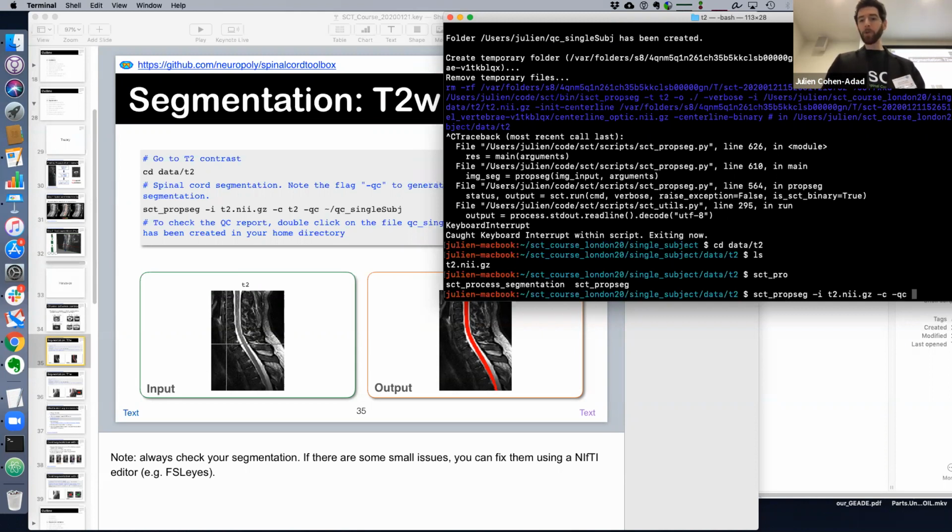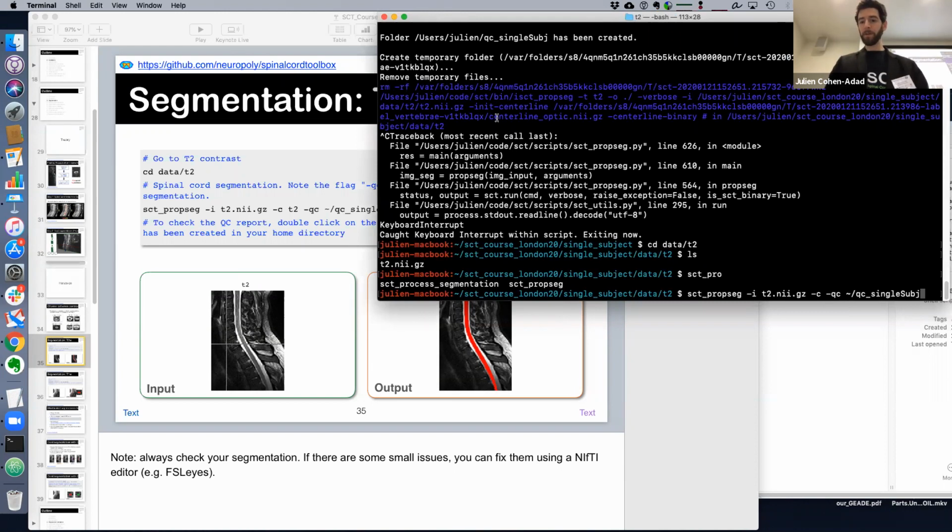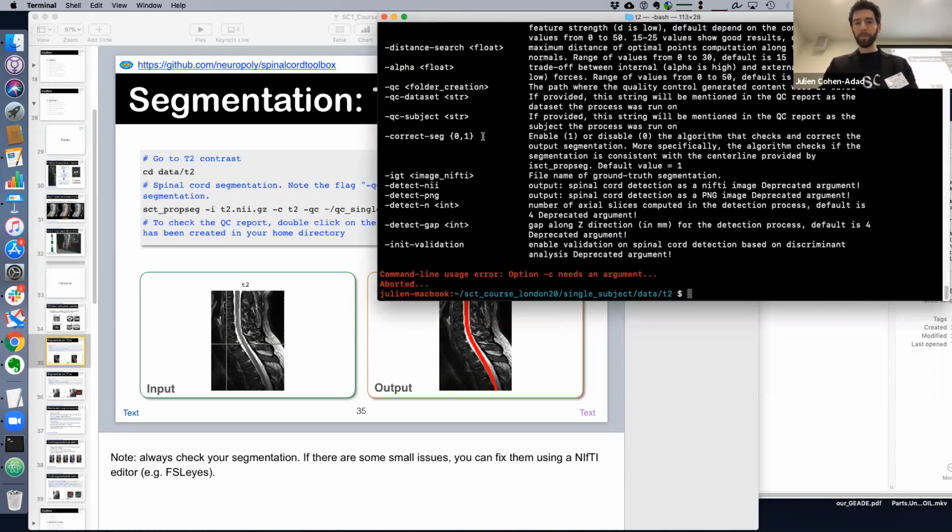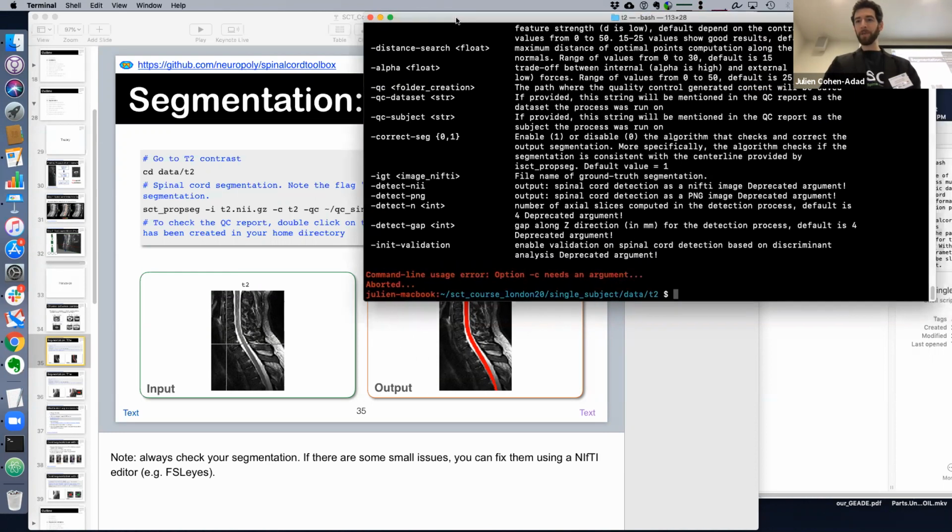I will also output the QC, the quality control of the results in a specific folder that I'm going to call qc_single_sub. Okay, now I press enter, and it's actually a good